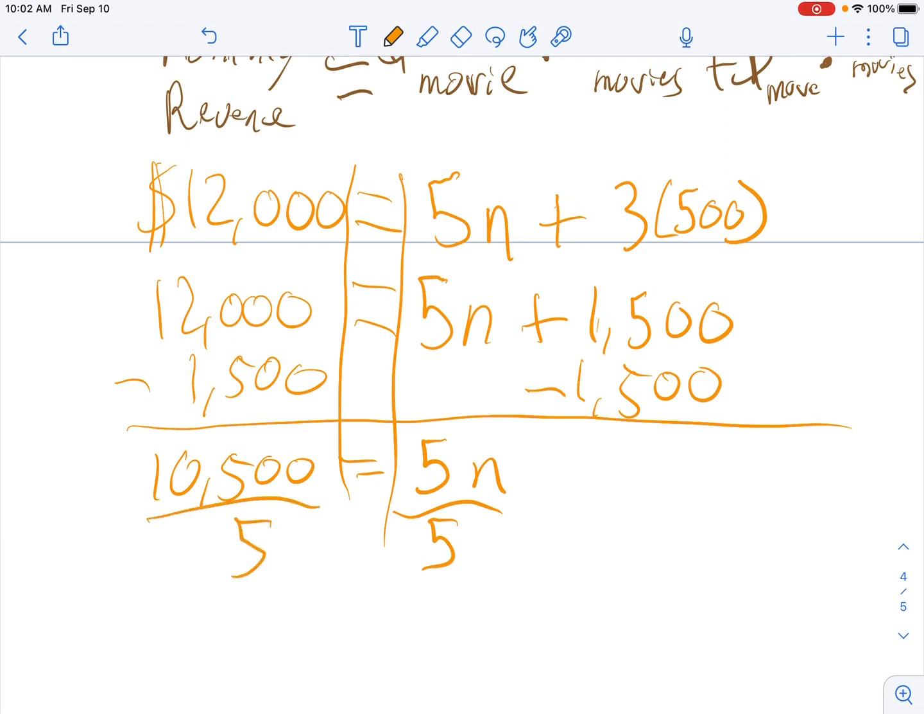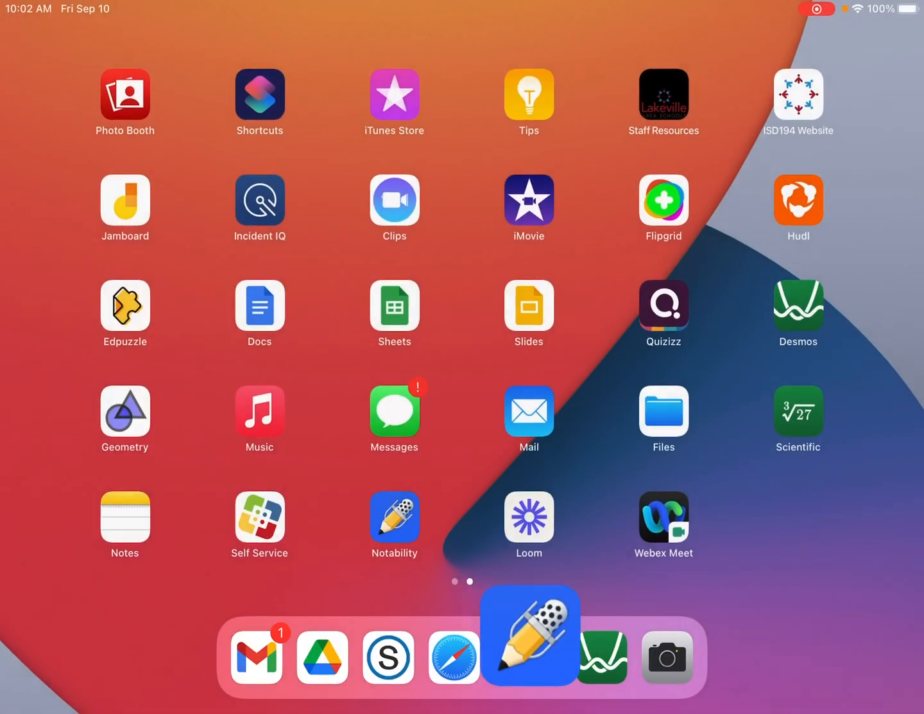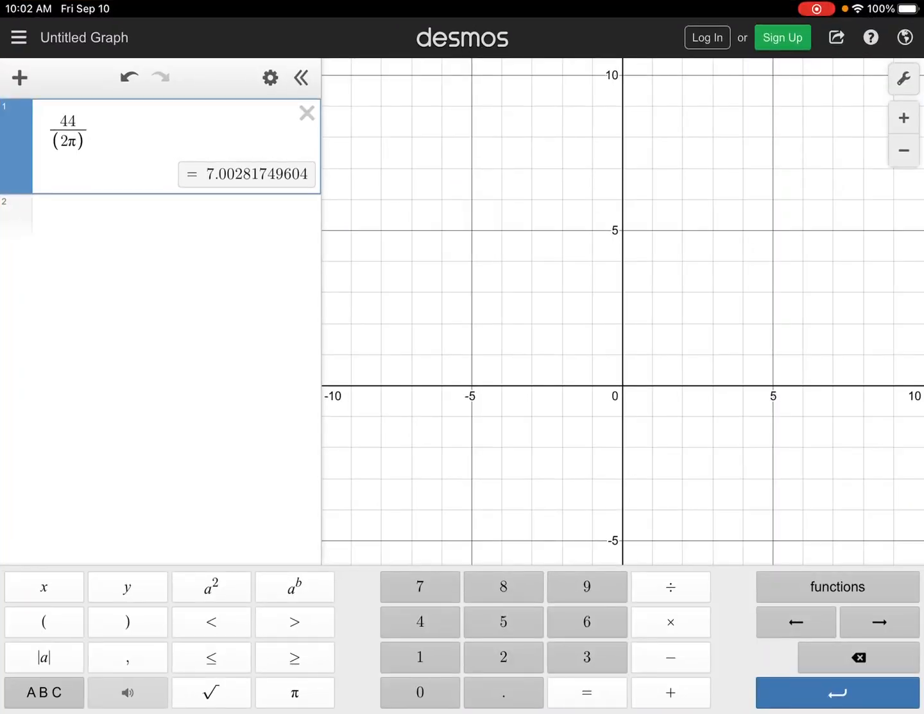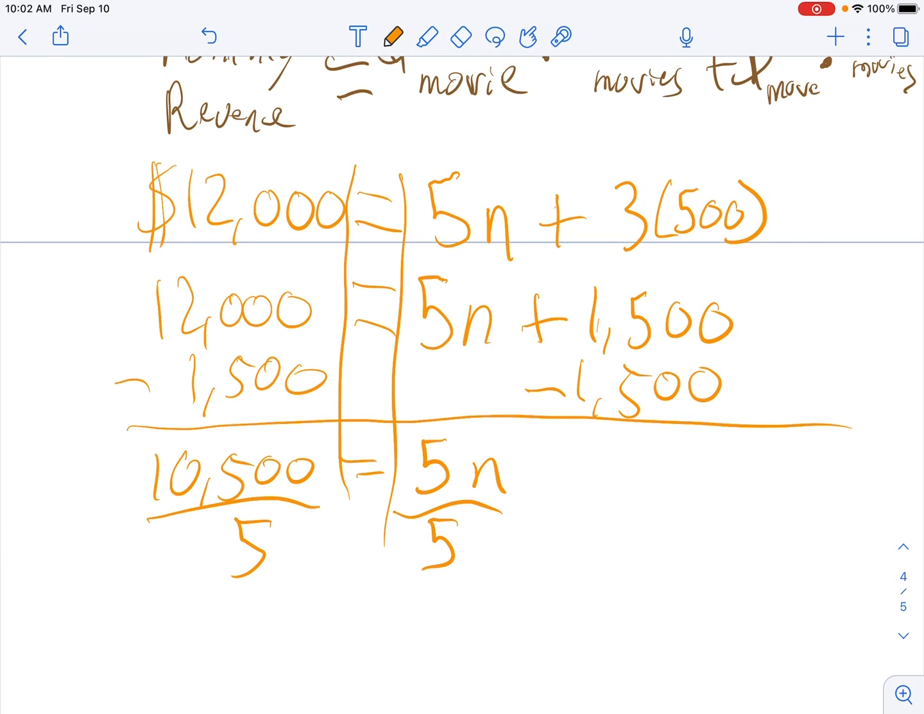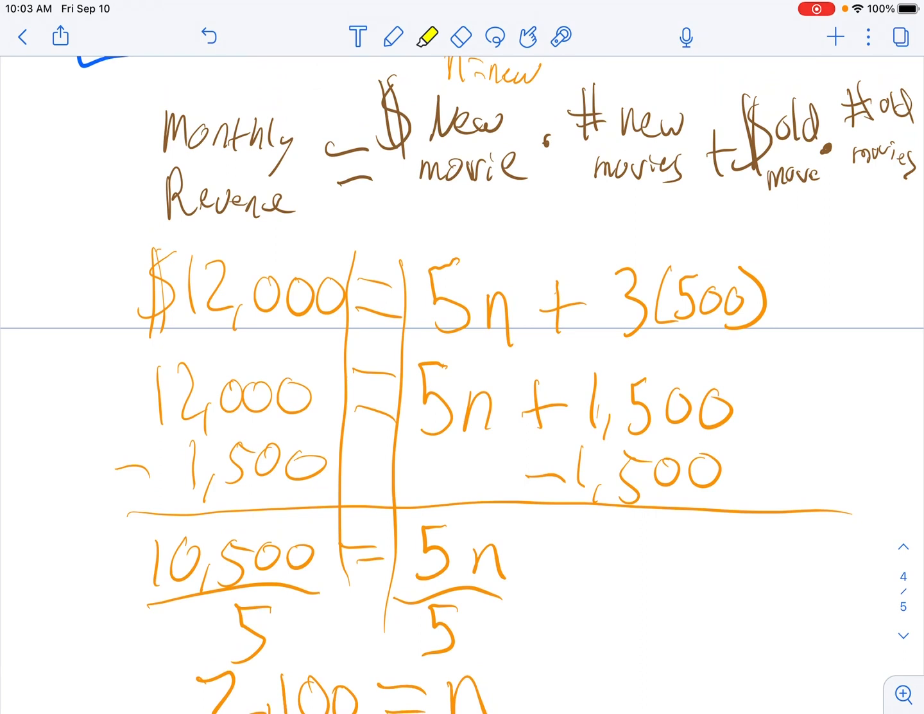That's going to give me 10,500 equals 5 times N. But now again, I want to know how many new movies do I have to rent? Well, if I divide both sides by 5, and let's say I don't know what this is off the top of my head, okay, let's use our calculator. 10,500 divided by 5. 2,100. Holy smokes. So if this person wants to make $12,000 in monthly revenue, they need to sell 2,100 new movies. And so again, of course, if they had different numbers, say that they said, hey, we sold 1,000 old movies instead of 500, all you